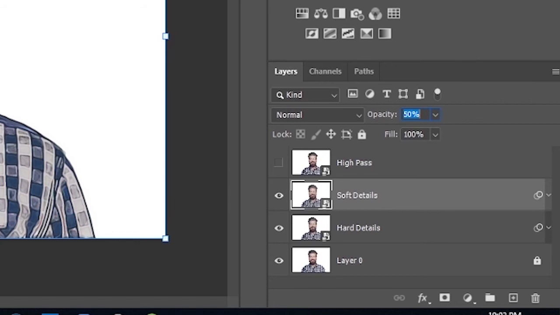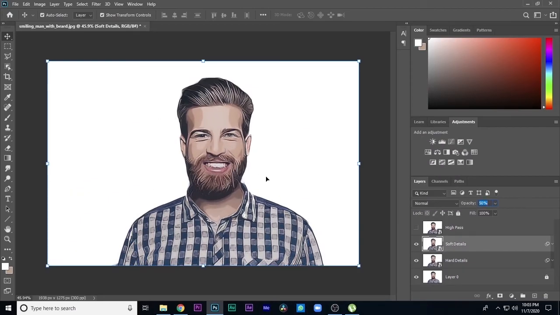Yeah, now you can see it's good, but some of the details are missing. For that we can use the high pass layer, this layer, but now you can see some of the things are not good, meaning these eyes are not good. So you can adjust these according to your image, meaning if your image is not good at 50%, again you can increase to 59%, like that you can adjust.